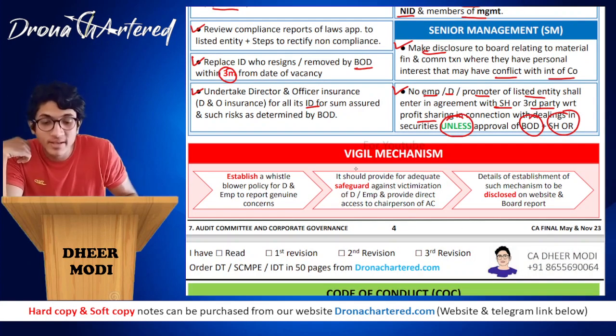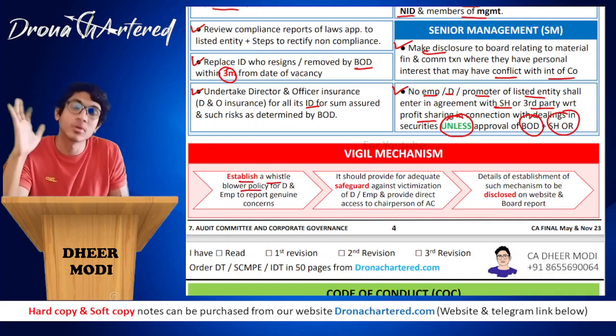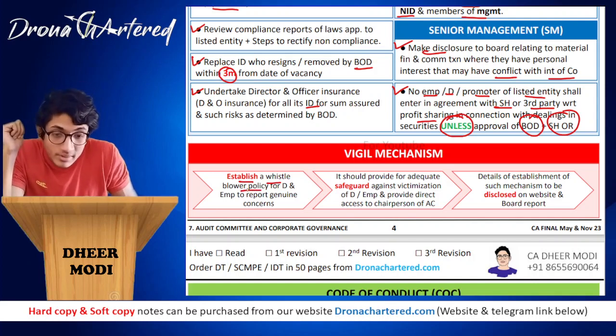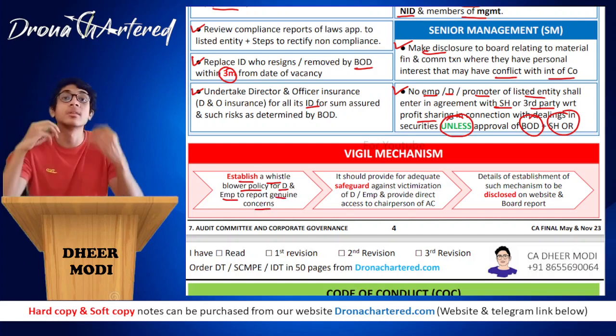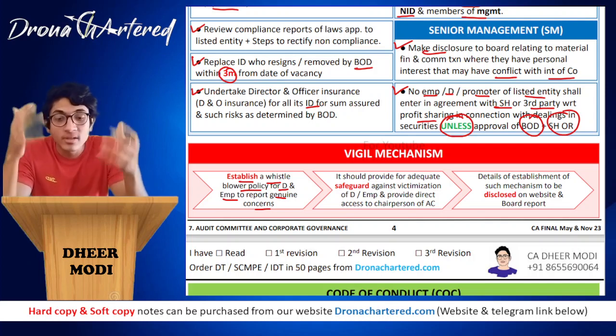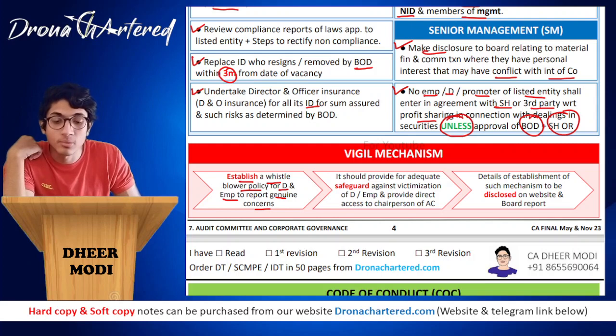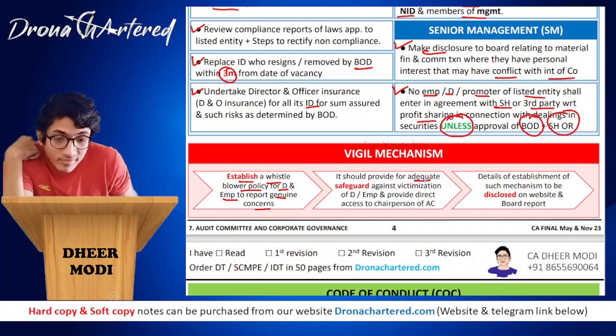So your vigil mechanism is to establish a whistleblower policy. We've come across this term a lot of times now. Whistleblower policy for directors and employees to report any genuine concerns. If you think that there is something wrong happening in the company, they have given you an option to raise your complaints via whistleblower. It should provide for adequate safeguard against victimization of directors or employees